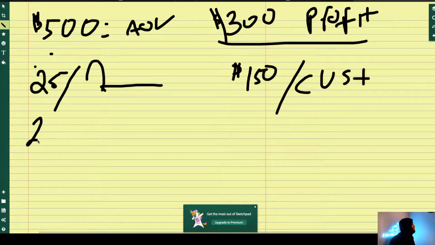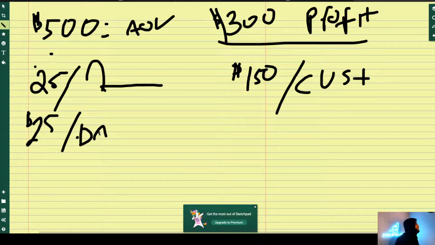So let's call it 25. So our daily budget to acquire one new customer per week would be about $25 per day, because after 7 days, I believe we would have spent about $175 or so. So within the $175, we have hit our threshold of the 150 to acquire that one customer. So if we're only trying to acquire at least one customer per week, we would do a $25 or so